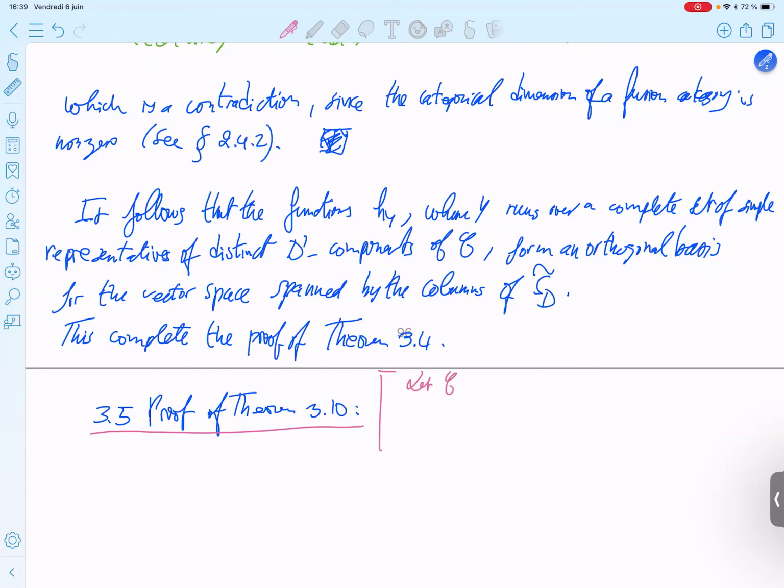You take a braided fusion category and two braided fusion subcategories, and remember we have identities regarding their dimension, intersection with centralizer, etc. So let C be a braided fusion category, and let B, D be fusion subcategories. Then,